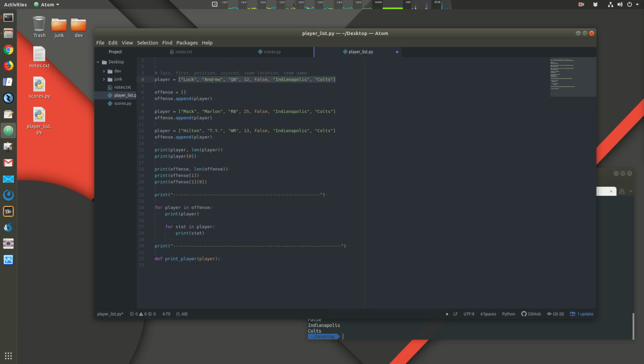So you're going to have a last name, a first name, a position, right? Number. Oh, I forgot jersey up here. That's their jersey number. And then whether or not they're injured, team location, and team name. Okay, so print player, how do we want to do this? Well, first we want to make sure we don't have a true or false for injured, so we're going to make this say healthy. The health of the player is going to be healthy,